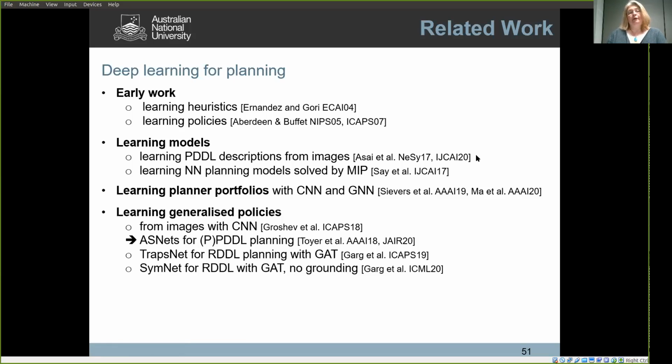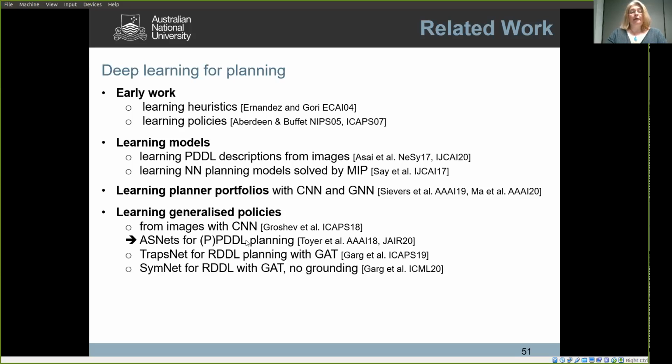And if we look now at learning generalized policies, initially there was some work by Edward Groshev on using convolutional neural networks from images, for instance, to learn a generalized policy for Sokoban. However, that used a large number of training examples and handcrafted features. And so this is why, in contrast, what we wanted to do was to have an architecture dedicated to planning, which enables us not to have these handcrafted features and